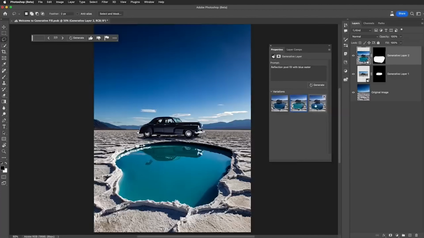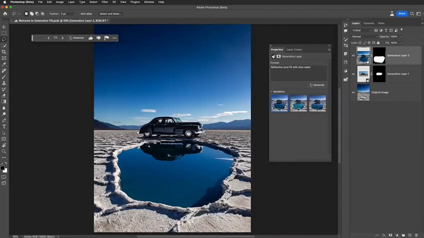phenomenal. You can do anything from expanding your pictures to adding assets, replacing assets, and I'm going to show you a lot of that in this video. I actually stopped, like I said, because I was working on another video using AI with Stable Diffusion and incorporating that into my workflow. So I'm probably going to split this up into a two-part video because I still want to do that. But let me get into this and let me show you guys what I'm talking about.